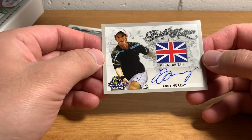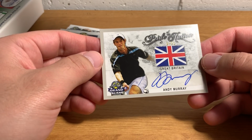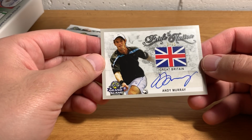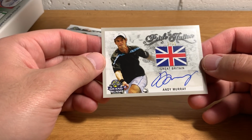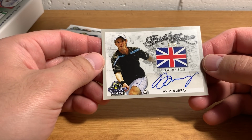So, Andy Murray, huge score there. Andy Murray's not one of my favorite. I sort of dislike Andy Murray, because I'm a big Roger Federer fan, and Andy Murray consistently is sort of battling with him for a position in the ATP Tour top 10, top 5 really. So I always want to see Andy Murray lose so that Federer can be better, but also he's kind of